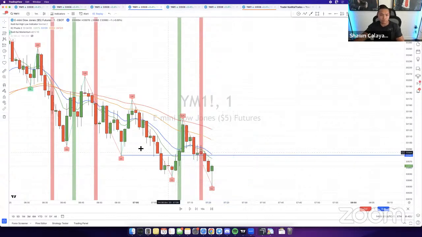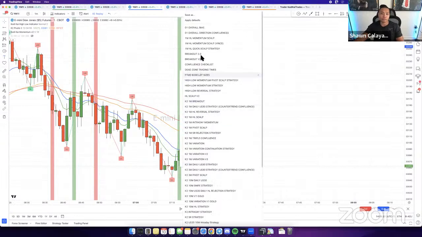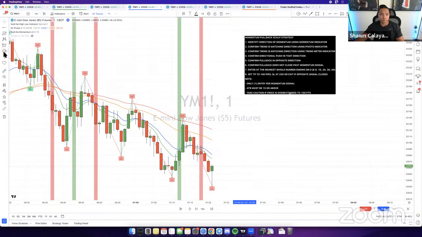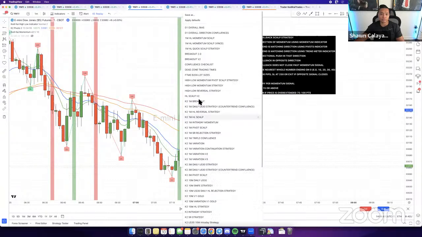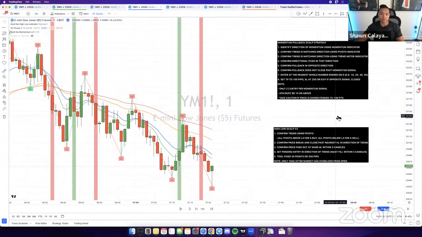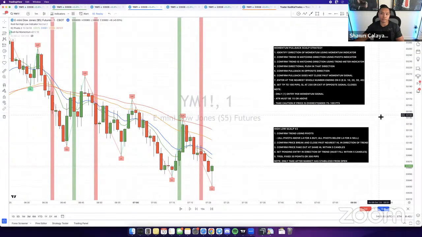So I think this is going to be one of our staples moving forward, guys. I think our main two strategies that we'll be applying officially would be the momentum pullback scalp, of course, and the high low scalp V2. That's pretty much it. Anything more than this is just going to be too much work. And the thing with this is that sometimes these overlap. So you're going to have an entry that's running at the same time, which is going to be a better confluence for us anyways. So I think these two will be our two main official strategies that we'll be looking to take.